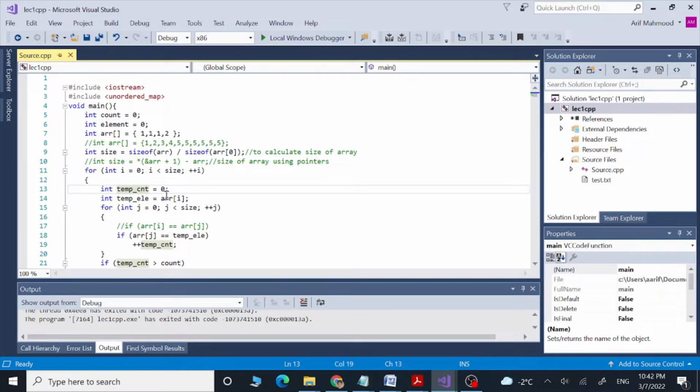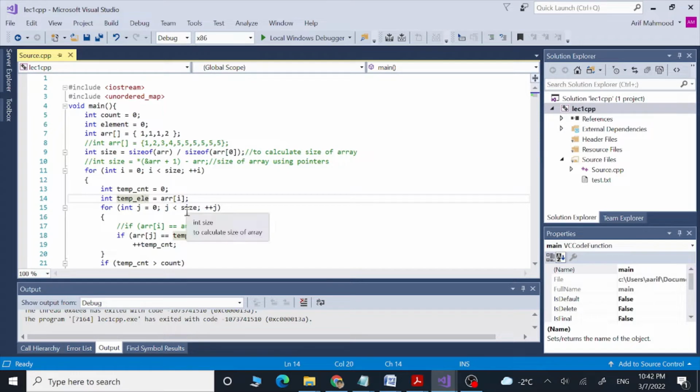Then we are going to use these to get our final count and the final element. After that we are going to run another for loop inside this for loop. Here this for loop is giving us each element, and we are going to store those elements inside this temporary element variable one by one.